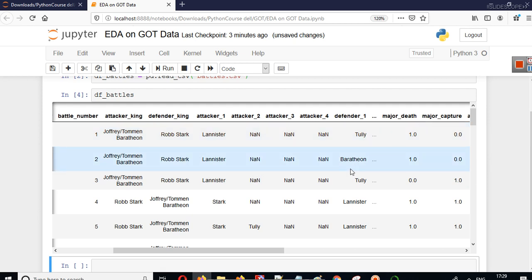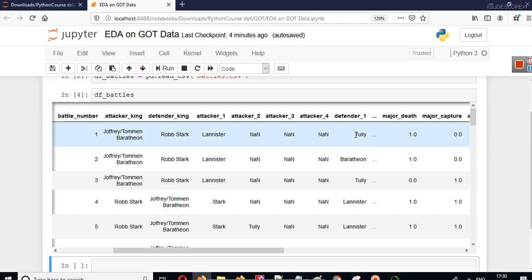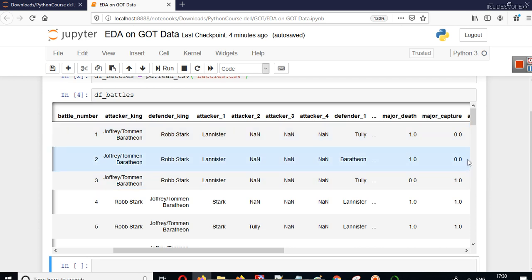On this particular profile, you will find another video series, and in that video series I have explained the basics of Python pandas from scratch. I have also taught how you can deal with data that is not available. How to fill those NA values, how to drop those NA values, we will discuss that later. And this was attacker one and this was defender one. I think these will be two things to consider here.